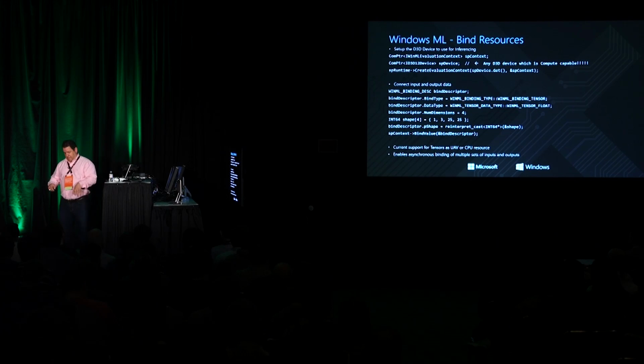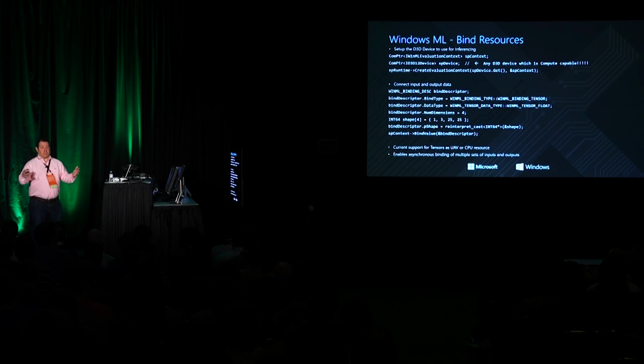As I mentioned before, our goal is to support D3D resources. In the current version that exists out in the public today, we only support UAV textures, UAV resources. We will continue, as we go through the development, to support much more than that, but today you'll see that we support UAV. On top of that, what's really important for us is that it is an asynchronous process. What I'm showing you here is that there's no restriction for you to create n bindings. So if you want to evaluate a chain of models or a chain of images, you can be doing inferencing on one while you're setting up the next. And this is what this is really designed to do, basically create that asynchronous, almost swap chain-like behavior.